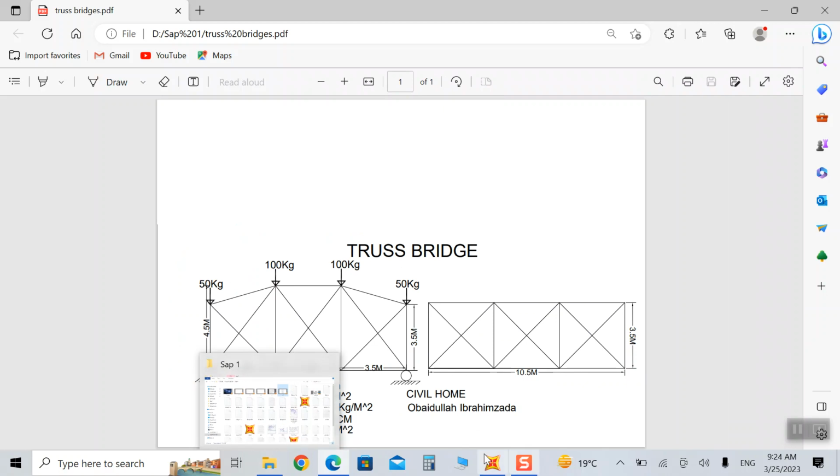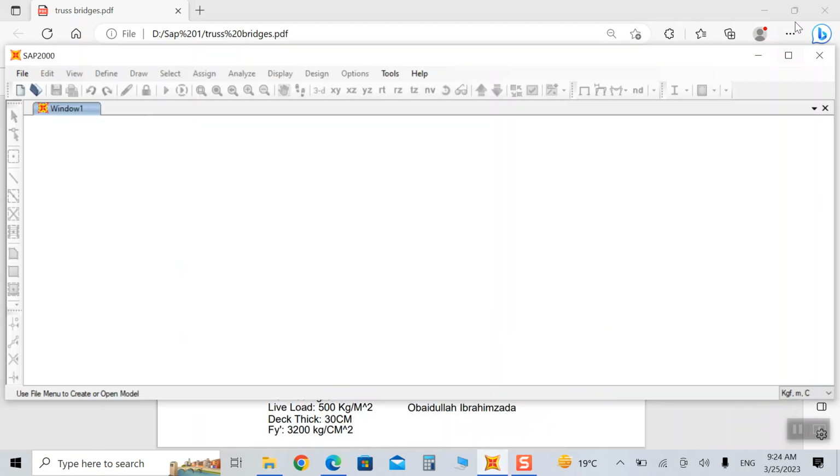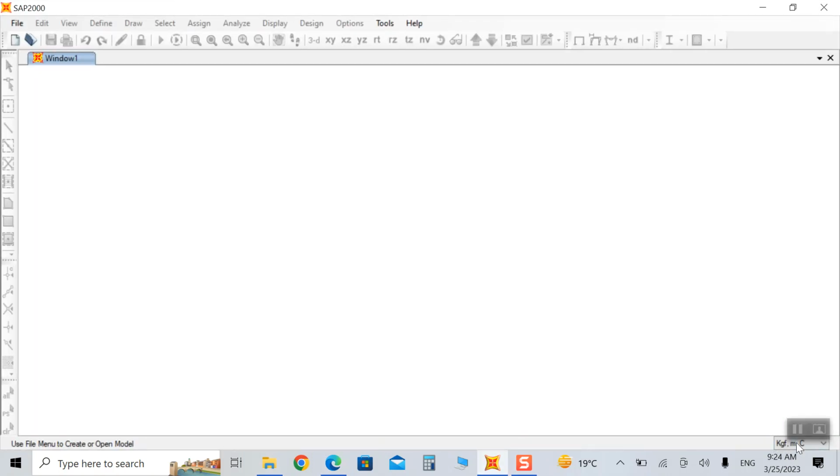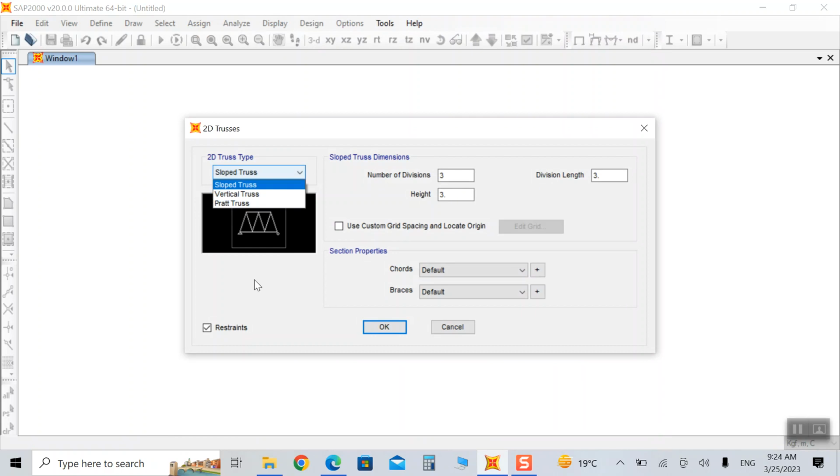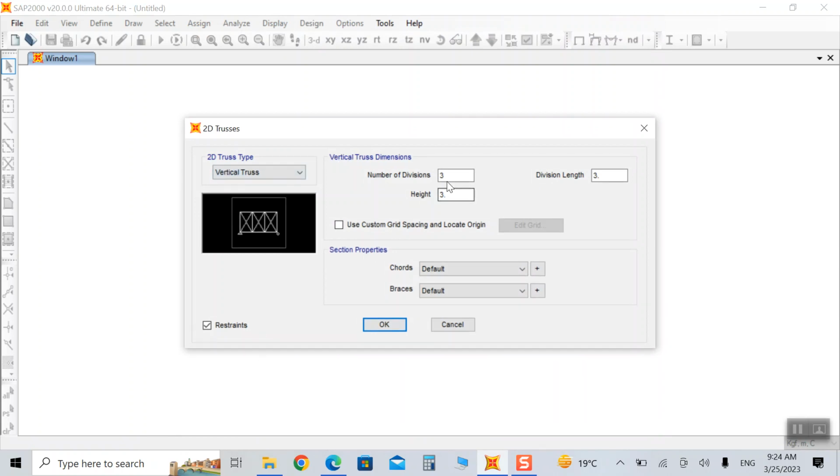First of all, we have to open our SAP program. Make sure your units are kilogram, meter, Celsius. Then Ctrl plus N. Select the 2D truss, and the type of truss that we have is a vertical truss. The number of divisions is 3 because we have 3 panel lengths, and for the height of our section, you see